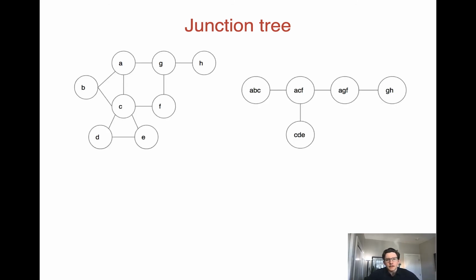Here's the idea of the junction tree algorithm. Let's say we have some network that is not a tree that we would like to do inference over. So you can see that certainly this is not a tree. It has cycles everywhere. That's a cycle. That's a cycle. What we're going to do is produce something called a tree decomposition of this graph